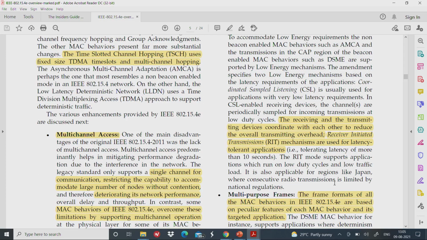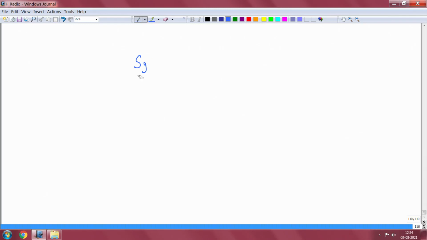So, you can think of the whole MAC as deterministic MAC because there is synchronization. Synchronization is the key here, and you can either do